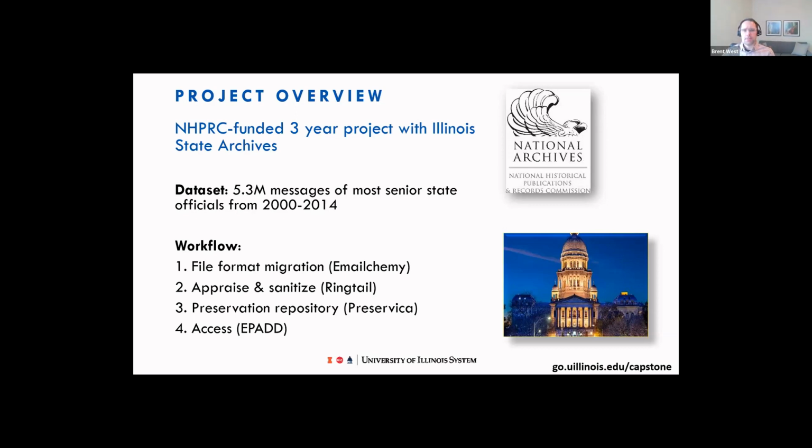After we were done with that, we moved the content into Preservica, and used that as our long-term storage and preservation environment. That also was able to do some format migrations on some of the older attachments. And then we moved on to